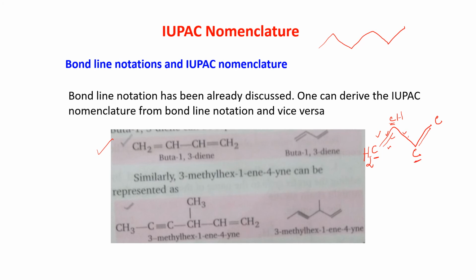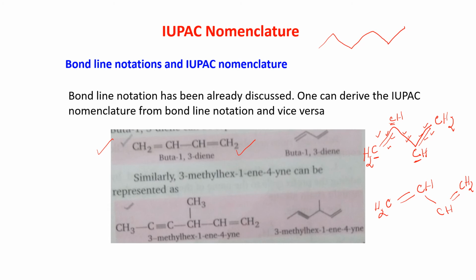Come to this carbon atom. This carbon atom has 3 valencies satisfied, 1, 2, 3, so this is also having 1 hydrogen. Now look at this carbon atom. This carbon atom has 2 valencies satisfied, so this will have CH2. So what I'm getting is CH2 double bond CH, single bond, CH double bond CH2. Now look at this: CH2, CH, CH, double bond, CH2.